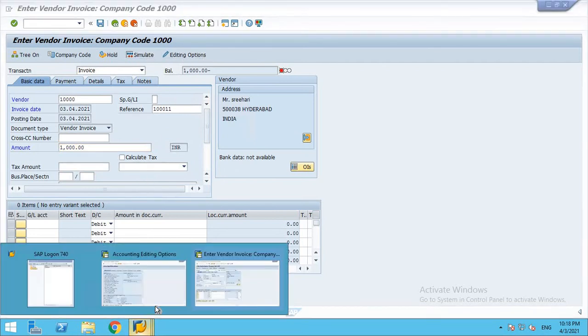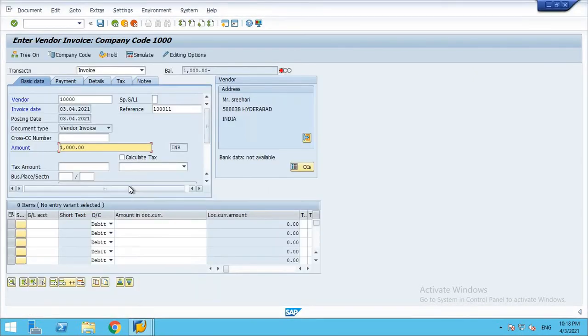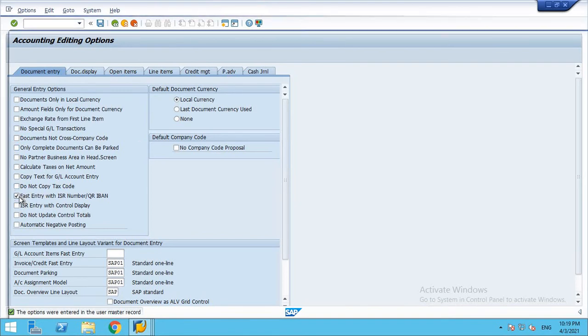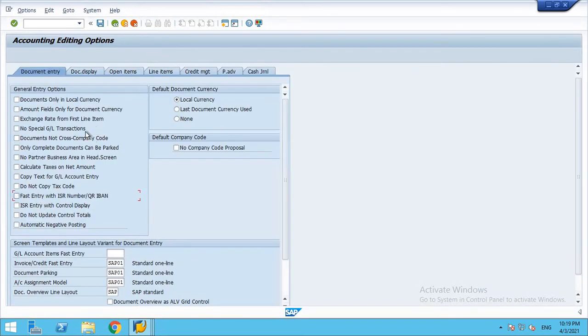So if we do not deselect this option, we cannot park a document without providing debit and credit entries. That is the major difference of this particular checkbox. Like that, we can go through each individual option. If you press F1, it will show what exactly the option is about.